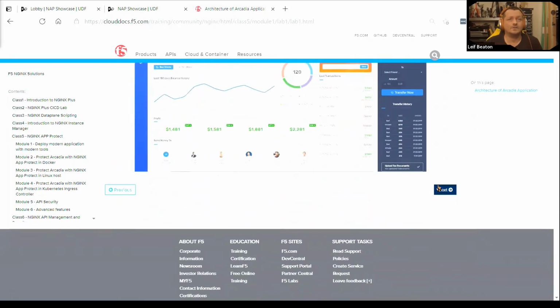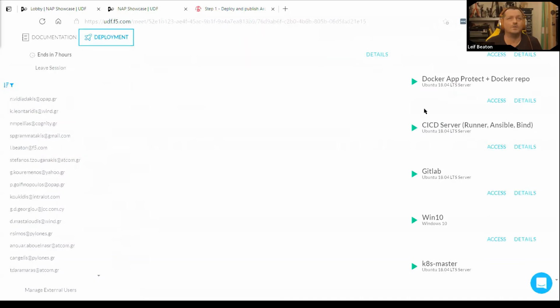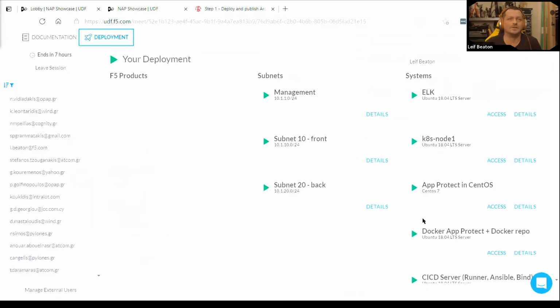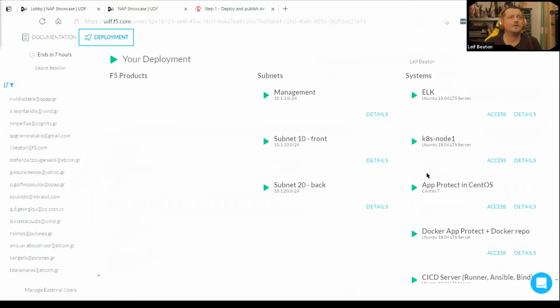So let's see here. Okay, then we're getting to the deploy and publish element of this, and that means we're getting to the stage where we need green arrows for the majority of these components. I don't know if we're quite there yet. We could potentially. Do we have? Hold on, let me see here.